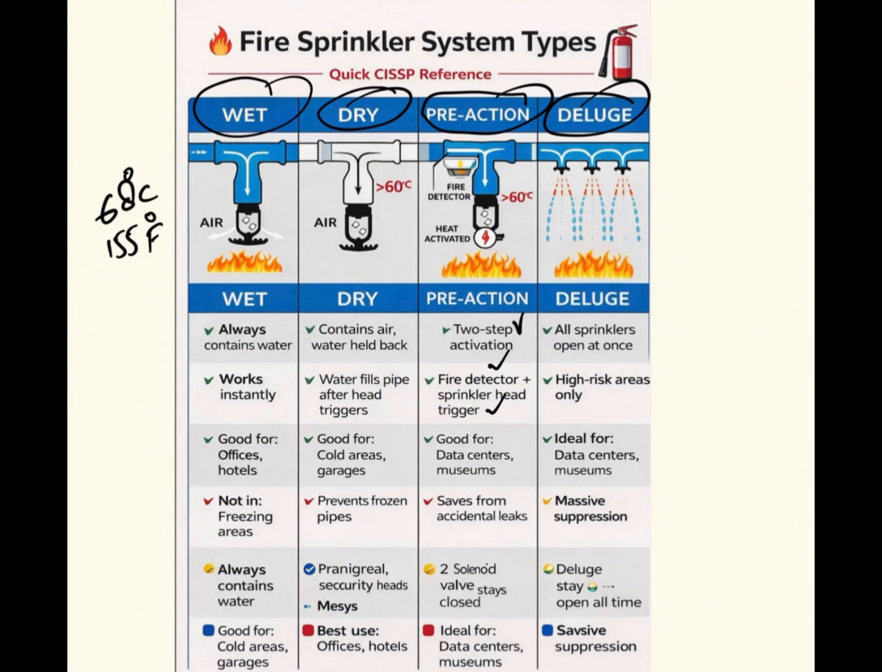oil refineries, chemical plants. Because the water is released at once, and the sprinkler heads are always open, the fire detection system opens valves at once, and sprinklers discharge at the same time. So it is used in industrial environments. Now if we conclude our discussion, wet sprinklers are